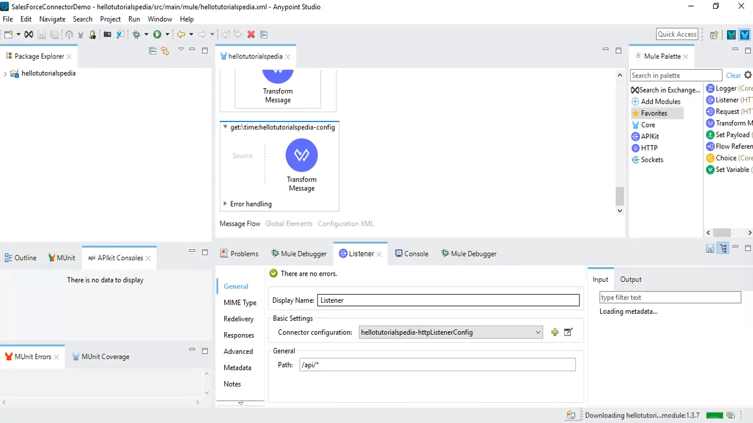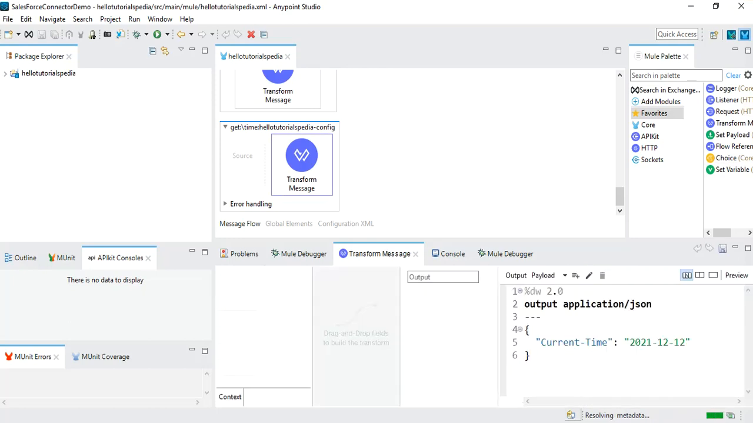Since in our case we have only one resource, time resource, and we have only one get method for the API specification, so we have one message flow for that. And if you see here, this transform message is based on the example that we specified while designing the API specification. So whatever implementation we want for our method and for our API resource, we can do all that over here